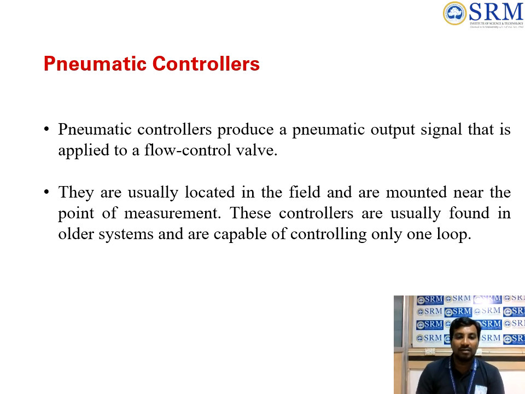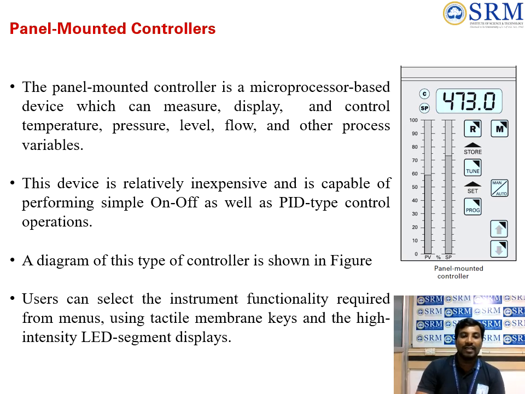Next, one of the controllers is the pneumatic controller, which produces the pneumatic output signal that is applied to the flow control valve. These are usually located in the field, mounted near the point of measurement. These controllers are usually found in older systems and are capable of controlling only one loop. Here we find a panel mounted controller,